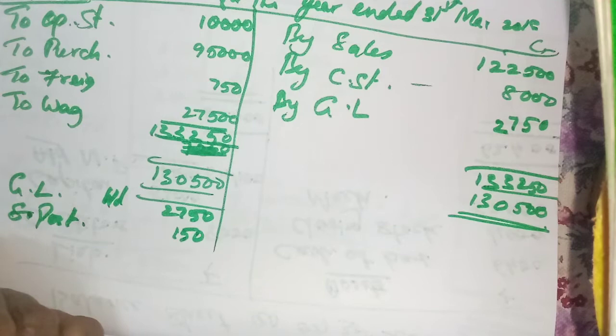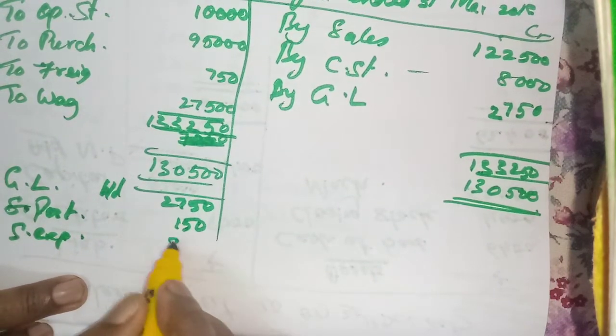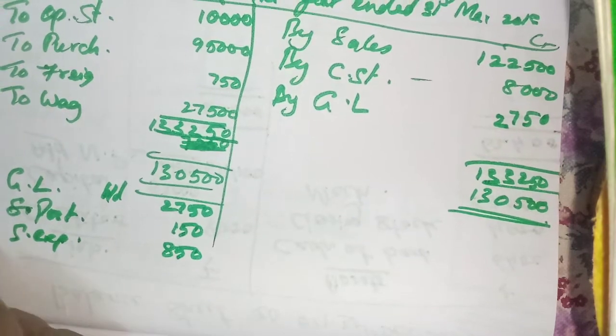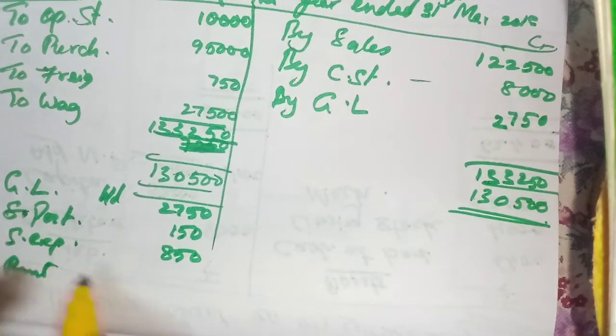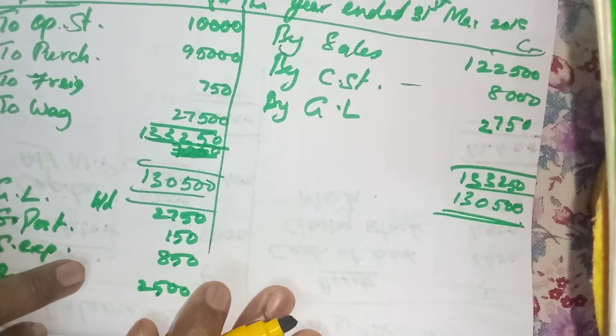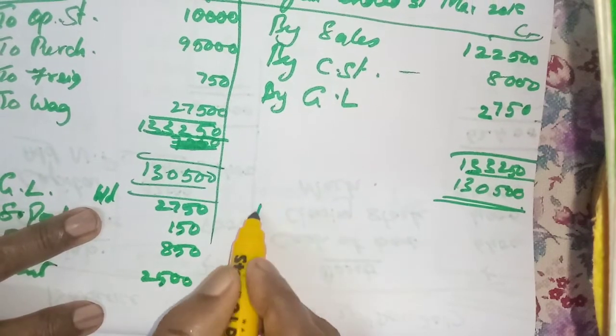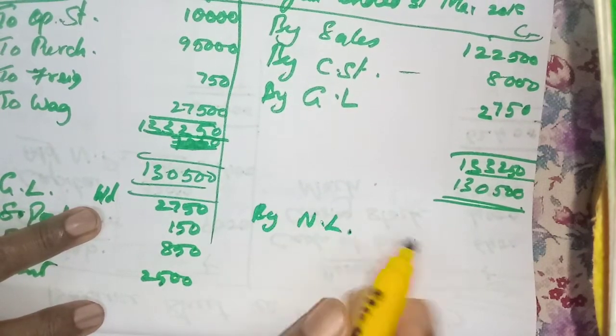Sundry expenses 850. Then rent paid 2,500. Then again net loss. Here nothing, isn't it? So net loss fully